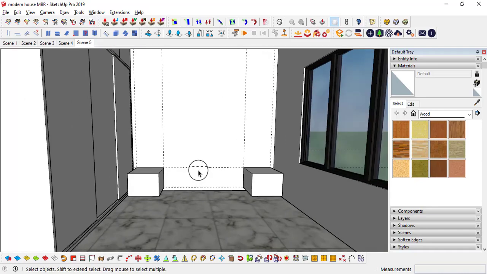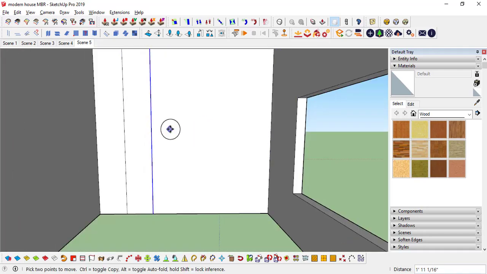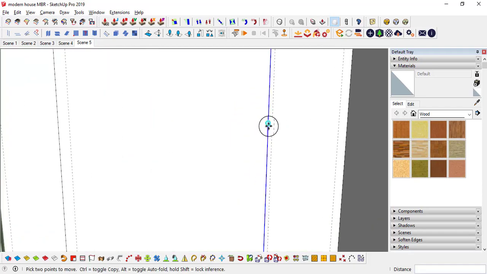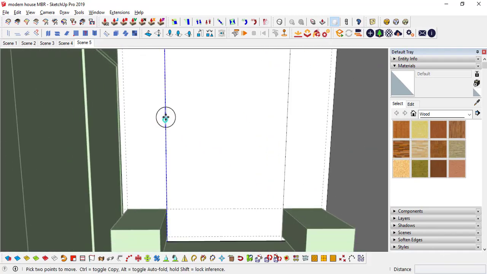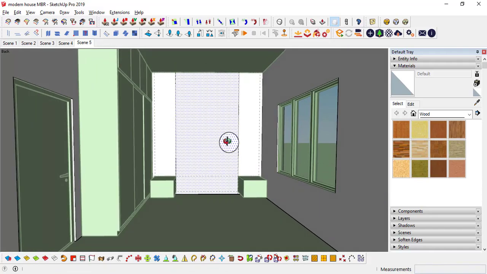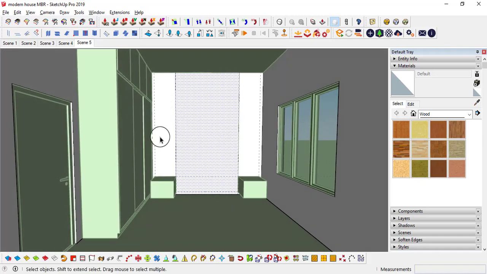Next step, I am going to divide this wall. Ctrl+M, one line over here, another line over here. I am going to adjust them accordingly up to this. See? And this one up to this. So once I have divided, here I can make the wall panel. Depends on your taste, you can make different types of wall panels, but for our tutorial I am going to make the tufted design. On each side I am going to make a reflective paneling. It's like a classy design.